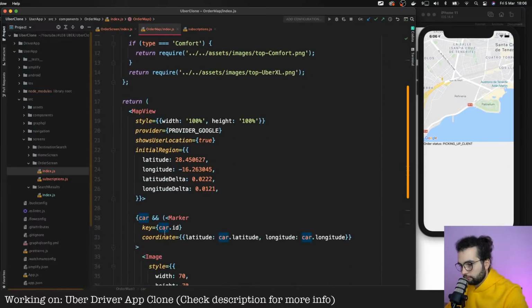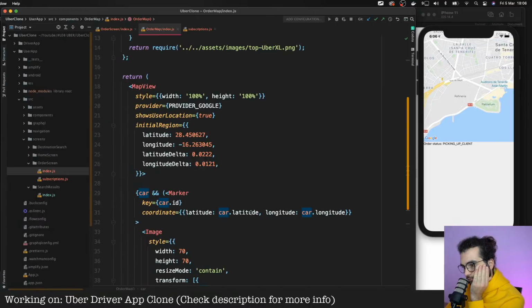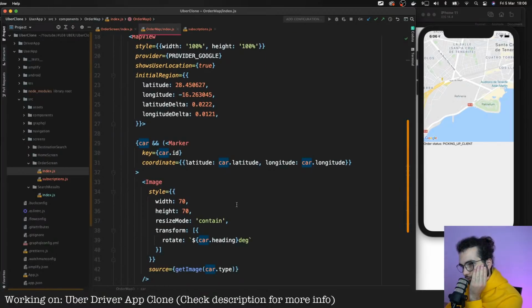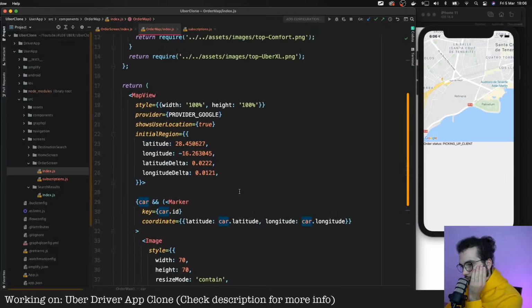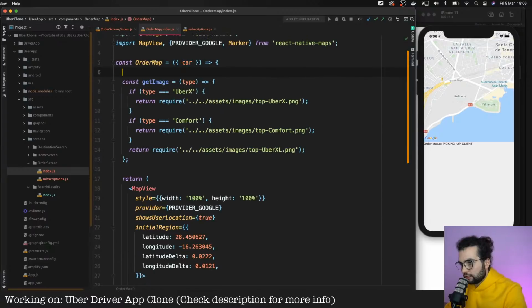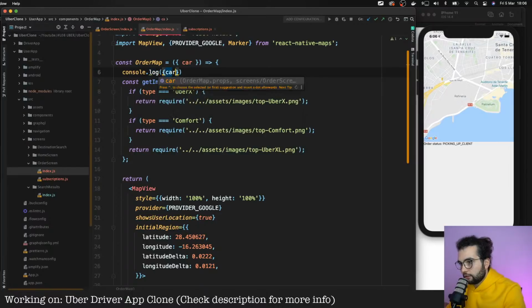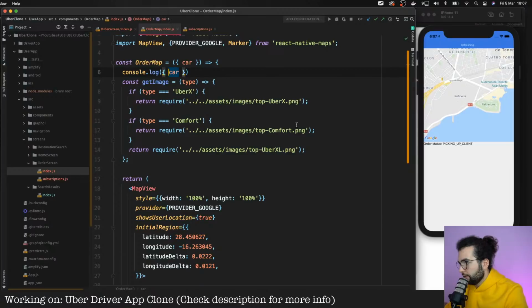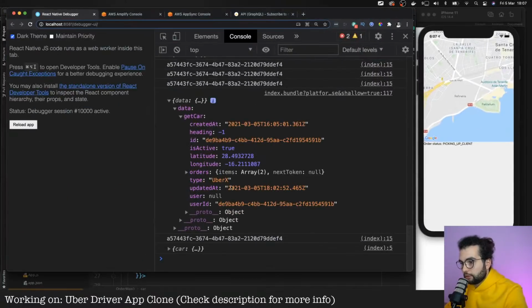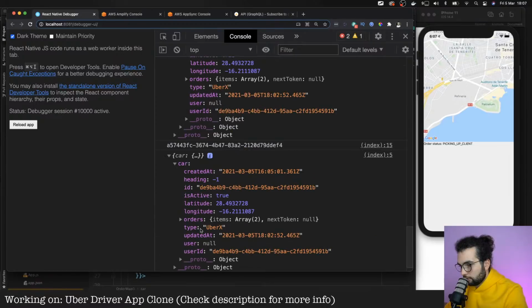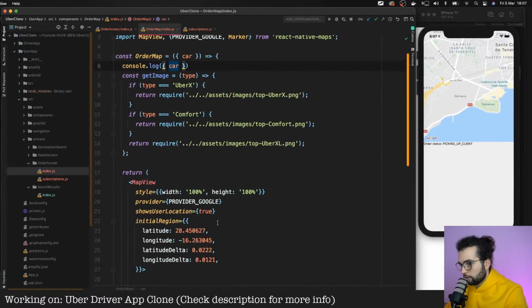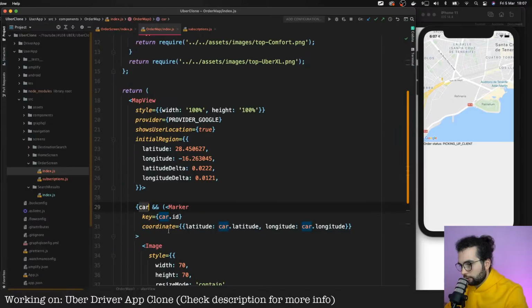Oh, initial region. That's weird. 28, 16. Let's just console log car here. Save, and open our debugger again. And the car. Car.latitude and longitude. Yeah, why is it... if car.